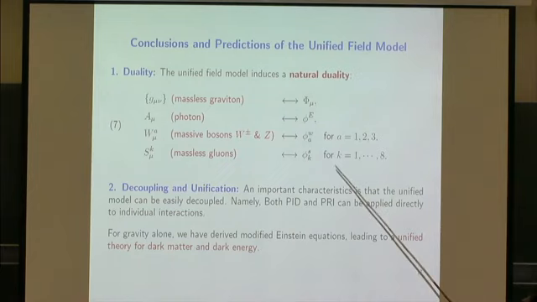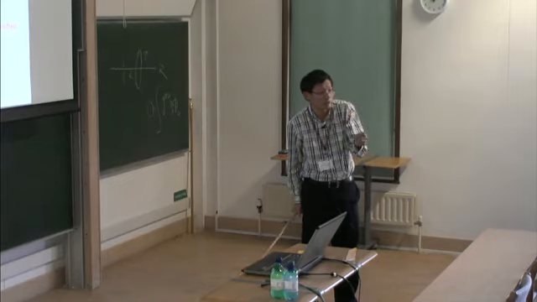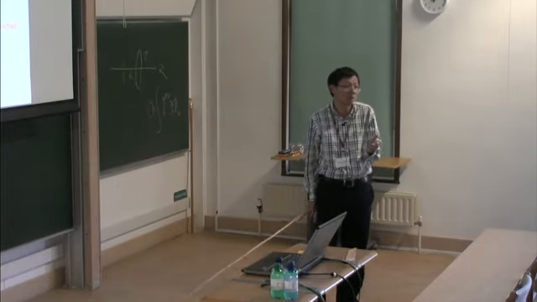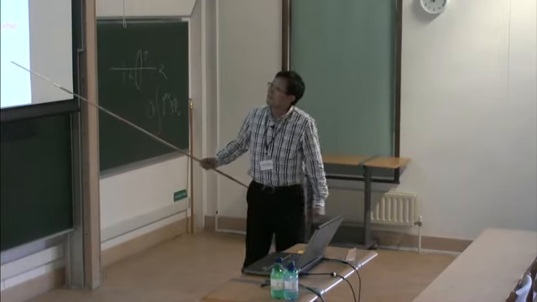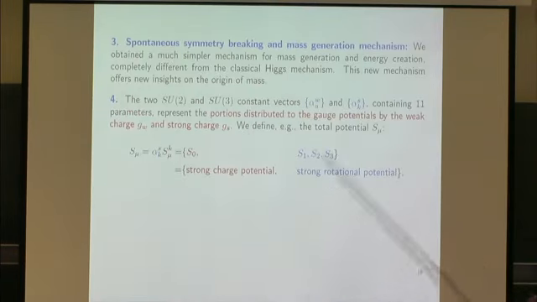But on the right-hand side, you got all this type of Higgs. And this is one of this corresponding to the Higgs particle finding at the LHC. But there are other things. The second thing is that you can decouple this model very easily, because for the classical Standard Model, you cannot decouple electromagnetic gauge theory from weak gauge theory. So you cannot decouple it. The decoupling is very simple here. And the next issue, there's also a symmetry breaking, and the same mechanism goes to this.